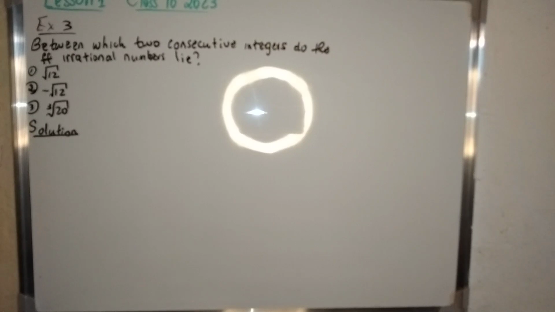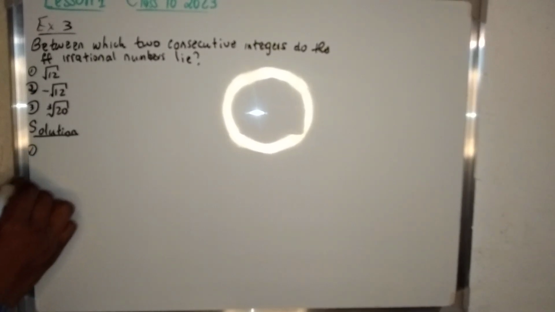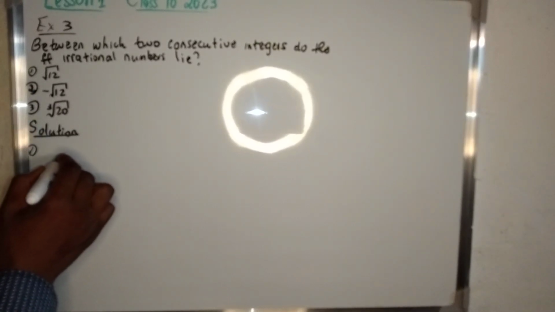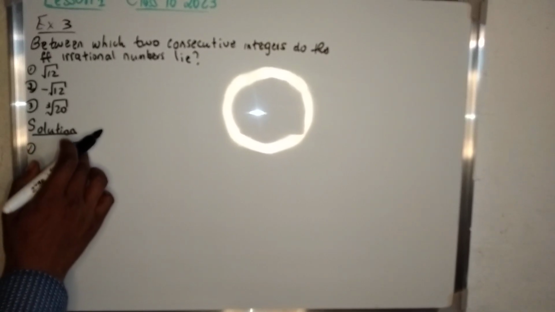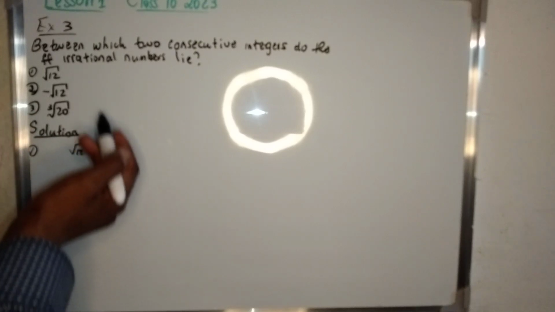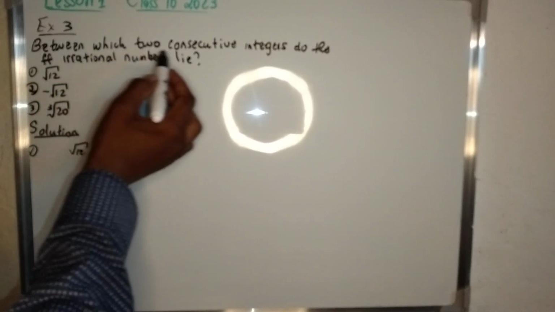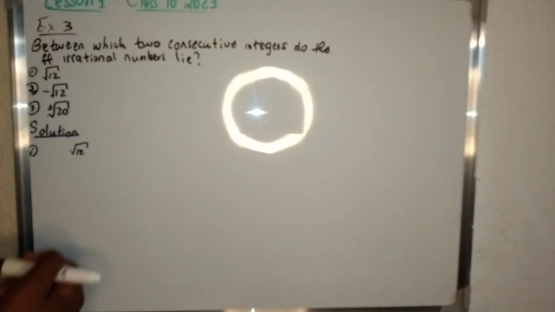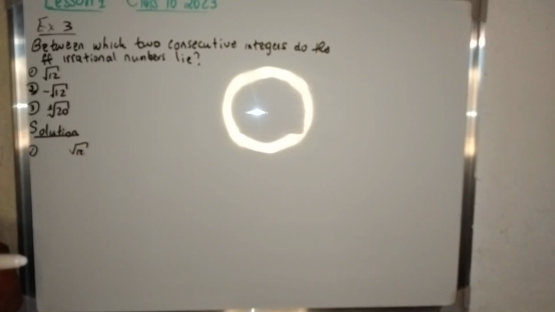In the first one we have the square root of 12. This is what is given to us. Now let me tell you this: in order for you to be able to determine the two consecutive integers between this irrational number,